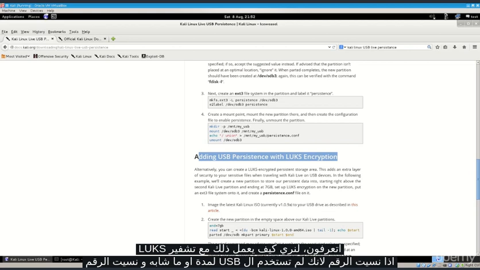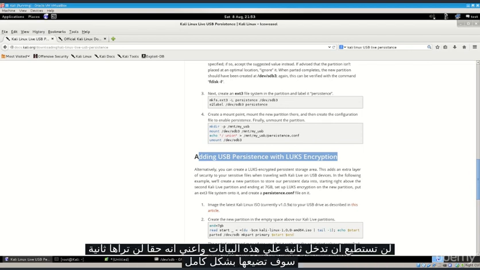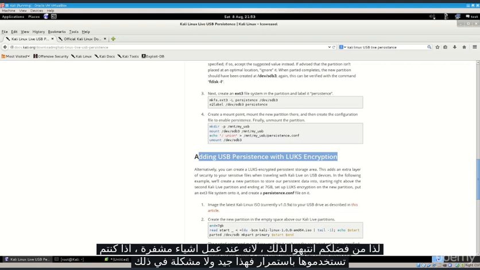However, if you don't use your USB for a while or something like that and you forget your key, you will never again, and I mean never again, if you've selected a complicated enough and a long enough encryption key, be able to access that information. It will be lost to you, gone completely. So please keep that in mind,